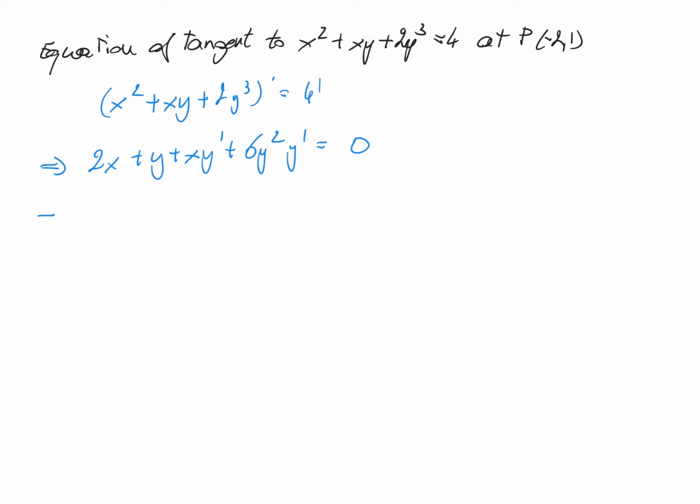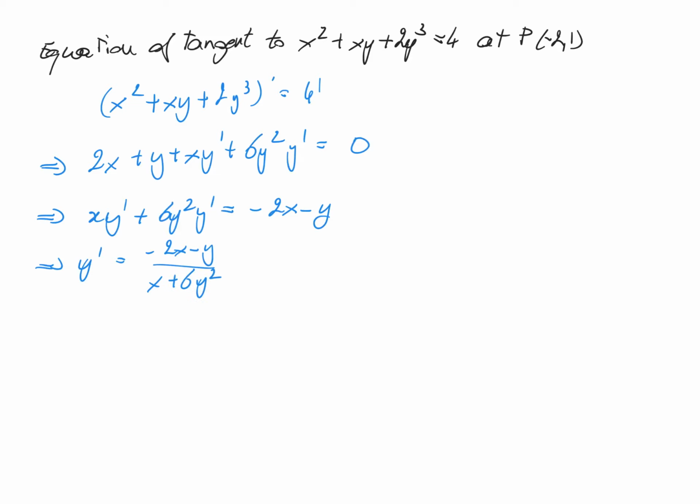We group everything with y prime on one side, so it's x times y prime plus 6y squared y prime is equal to minus 2x minus y, or y prime is minus 2x minus y divided by x plus 6y